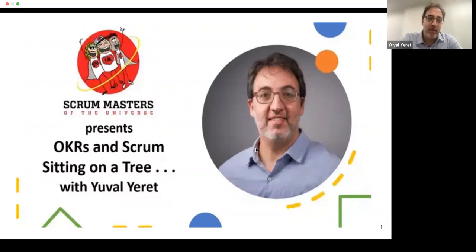So, hi everybody. My name is Yuval. I've been an Agile coach for a while, doing different things. Last couple of years, I've done more and more in business and organizational agility, and that's typically the place that you find OKRs. So I've been starting to think about and do some work in what's the connection between OKRs, objectives and key results, alignment, the strategic level, where does that meet Scrum and agility, and how can we use Scrum and agility to support alignment initiatives? So that's what I'm going to talk about today.